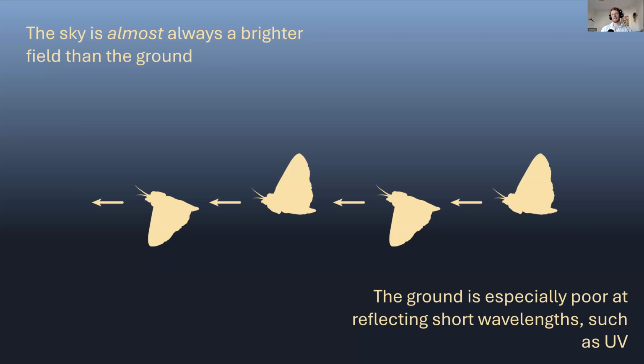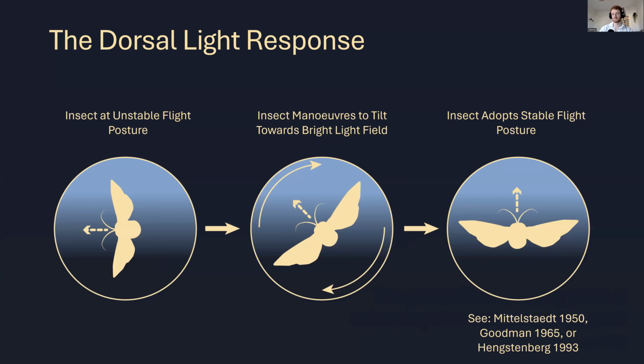Well, one key thing to understand about flight is that the sky is almost always brighter than the ground. And that "almost" is doing a lot of heavy lifting, because actually it's basically always brighter than the ground. This is particularly strong in shorter wavelengths like UV. The contrast between the sky and the ground in UV is very, very strong, and that's true even at night. Even if everything is much darker, the contrast is still there. The sky is brighter than the ground.